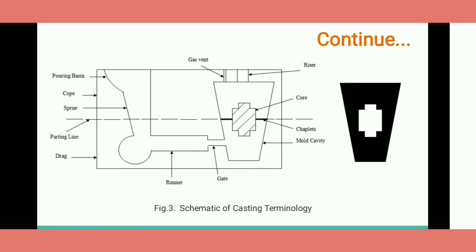Inside we are making a core, okay, and this core is held by the chaplets. So whatever mold cavity we require, we fix the mold after the gate. Here also in this figure, after the gate, the mold is fixed. And the molten material flows through this gate and fills this mold cavity. So the chaplets, again, will become a part of the casting. So we'll get this final product.